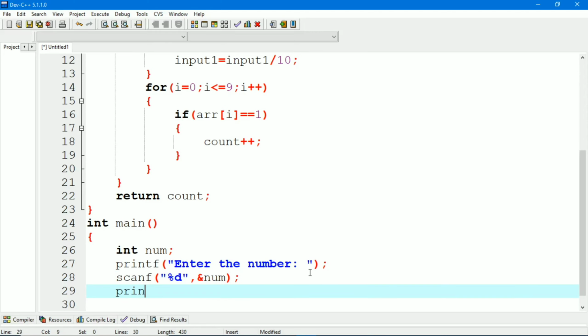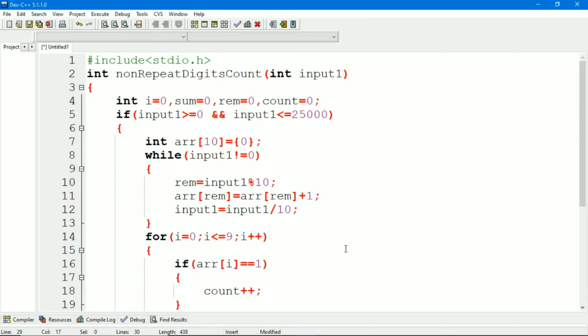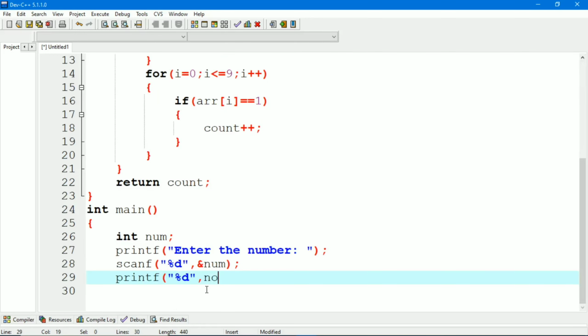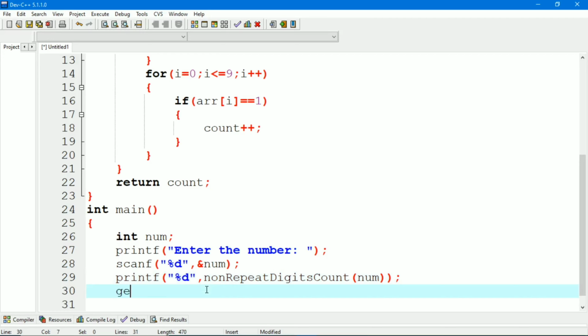Now we will call the function %d. Our function name is non repeat digits count, and we will pass the number as input. At last getch to hold the screen.